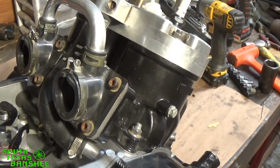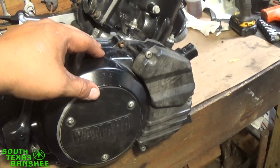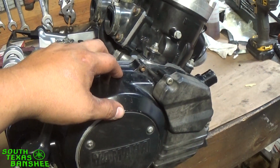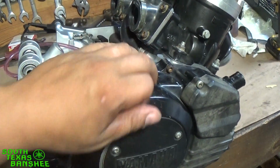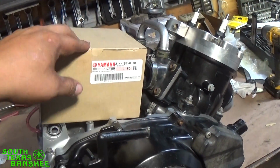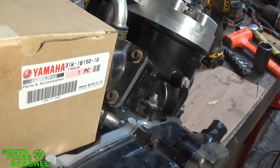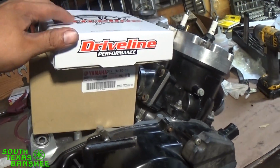But now I noticed when I had it apart that his clutch basket had a lot of slack in it, and I told him about it, and he said, "Yeah, my clutches are probably pretty bad too. They were starting to slip on me." And I said, "Yeah, they had some bluing on the steels." So he told me to go ahead and get him a brand new Yamaha basket. We got a brand new Yamaha basket here, and then I ordered him a set of Driveline heavy duty Dune